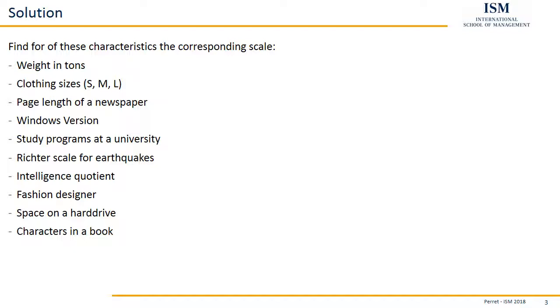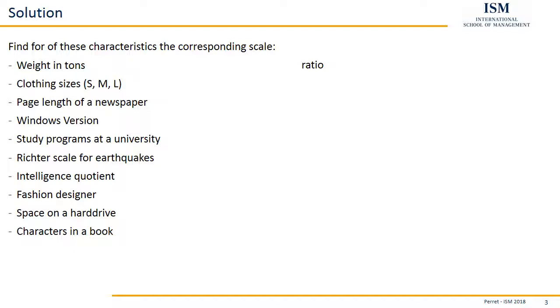And we can also say, well, this weighs double as much as something else. We also have an absolute minimum, an absolute zero, which means this weighs 0 tons. There's nothing possible to say like this weighs less than 0, so this is an absolute zero, making this a ratio scaled variable. It's a little bit different with the next one, with clothing sizes as in S, M or